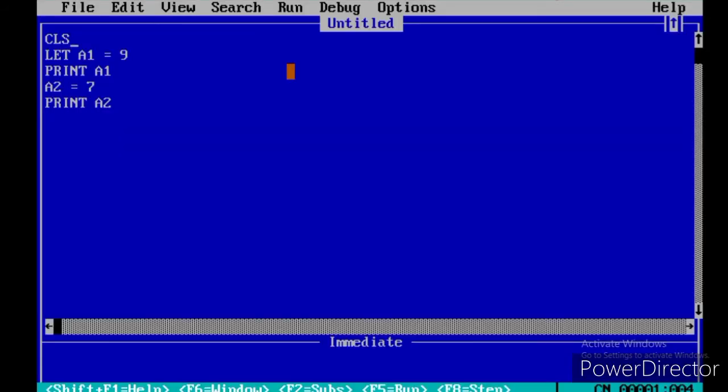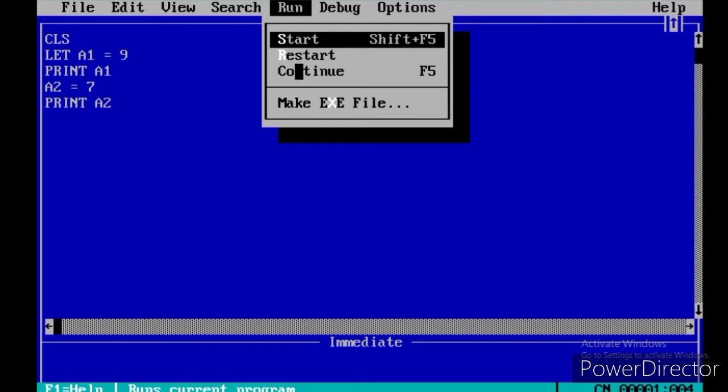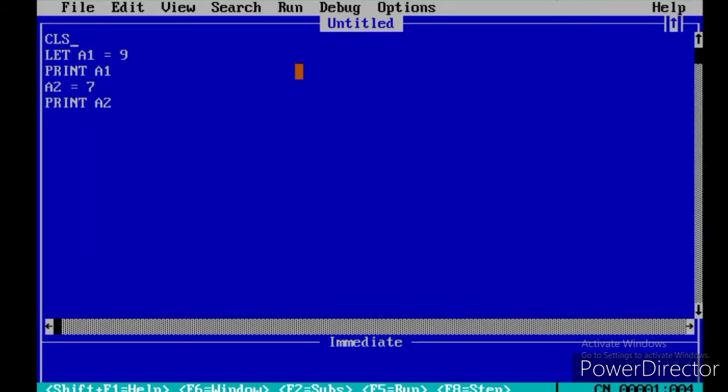And you can see a pure black screen with only 9 and 7 on the screen. Now, how did we get this output? We got it because of the clear screen command that we have typed here. It is all due to the clear screen command. Again, if you run just to check it out, you can see a clear screen with 9 and 7 there, and we can press any key to continue and go back to our program. Okay. So this was the use of clear screen. So right now we saw two commands: one was the LET command, another was the CLS command.